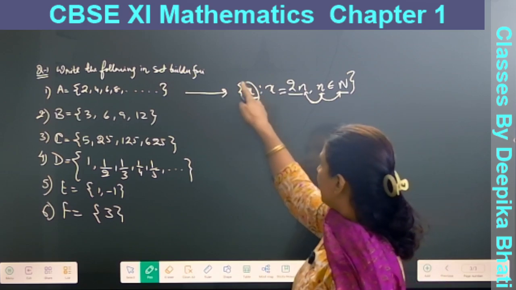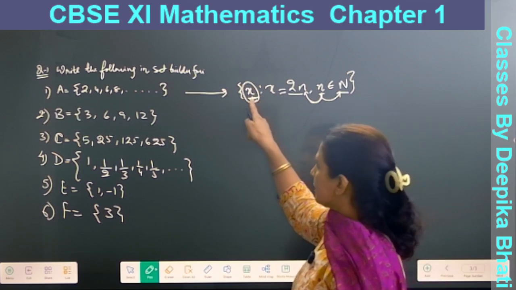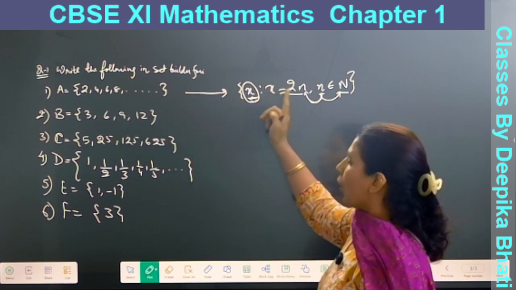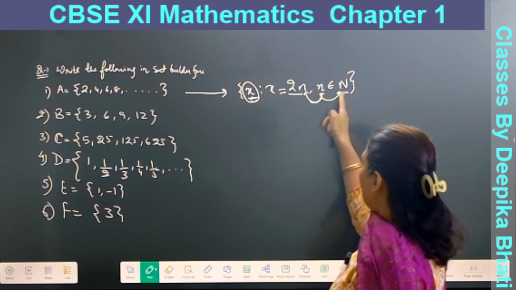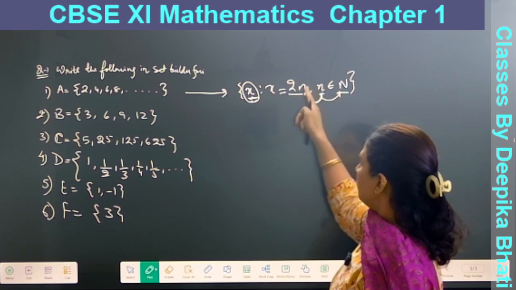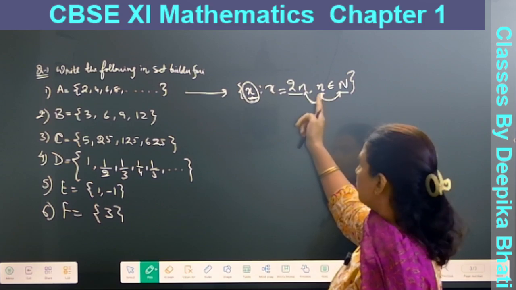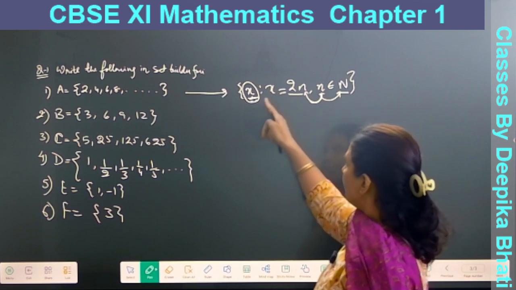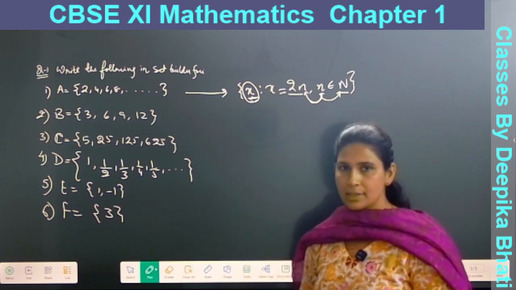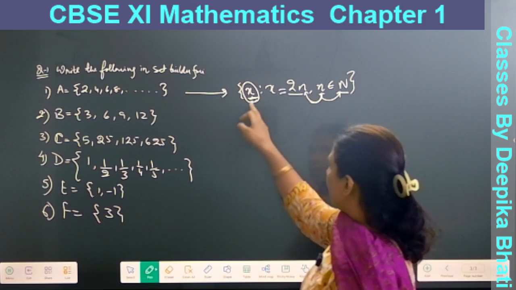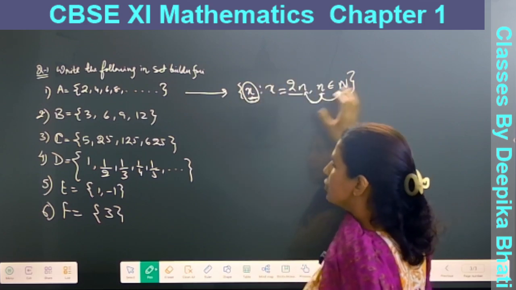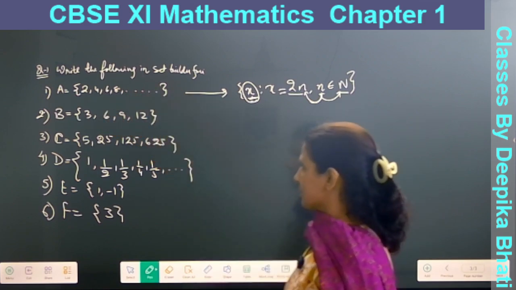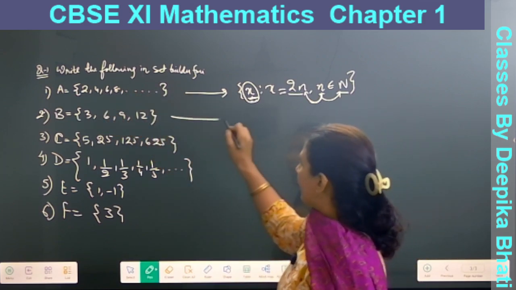Whatever values x is storing, that will become a set. So x is storing all the even numbers. How? If n is 1, it will be 2, stored to x. When n is 2, it will get 4, stored to x. So this total storage converts to a set. So basically we are representing a set in a general way. We are not showing elements separated by commas. So how do we write this set?